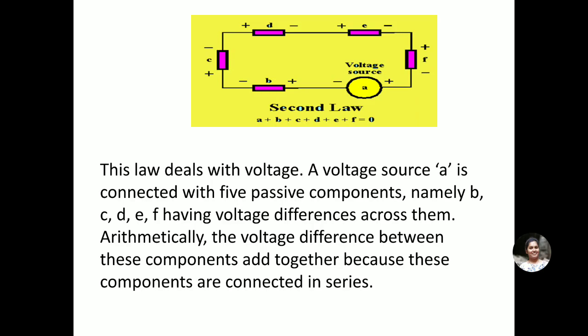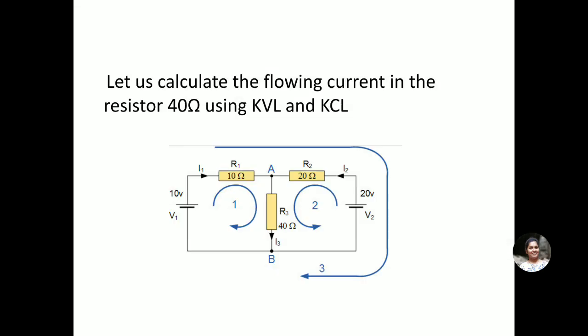So as of now we have discussed various learning objectives: what Kirchhoff's current law and voltage law are about, and we have derived some basic terminology related to DC circuits, and later discussed KCL and KVL. With this knowledge, we'll try to calculate the current that is flowing in a circuit. So here I have taken a circuit.